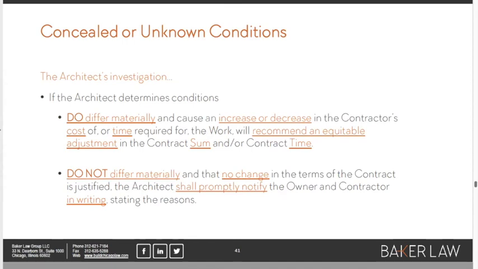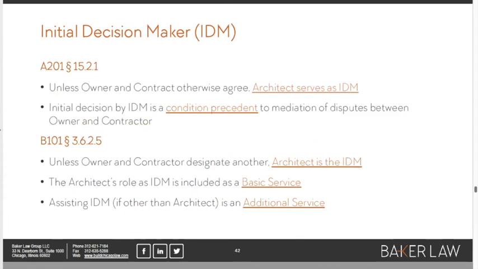And so now we're going to set some of that stuff aside, and we're going to go on a little tangent here. I'm mindful of the fact that we're already well into this presentation. I'm going to try to land this ship as quickly as possible here so you all can get on with your evening. But I want to talk with you a little bit about the concept of initial decision maker, because